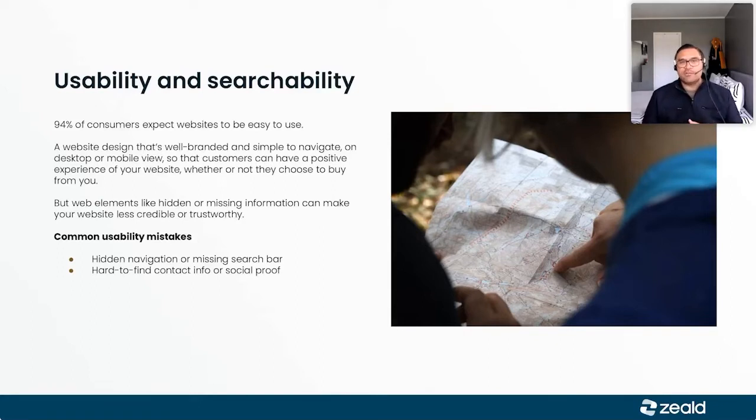Our final 2 website design mistakes have a lot to do with where website elements are located and how easy they are to navigate. So we'll be looking last at hidden navigation and search bars, and difficult to find contact information and social proof. Now you're probably wondering, why would you have hidden navigation, or a search bar, and not make it easy for your customers? Some businesses